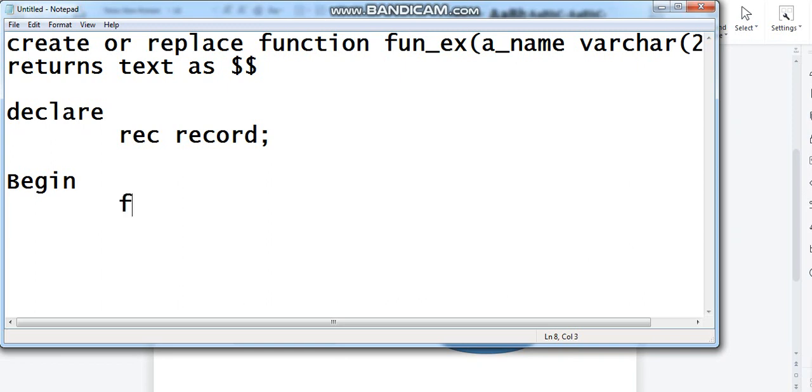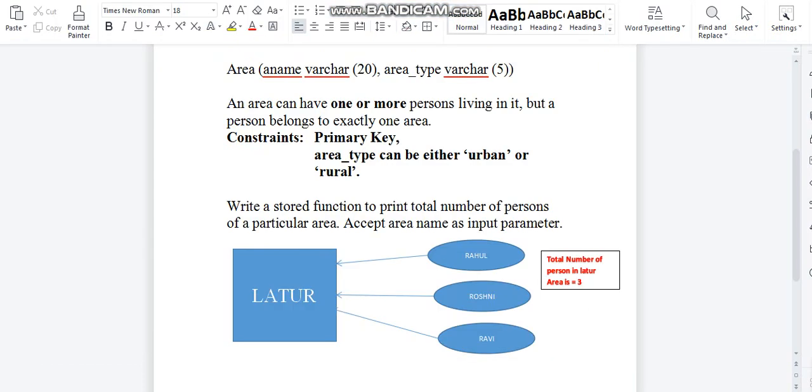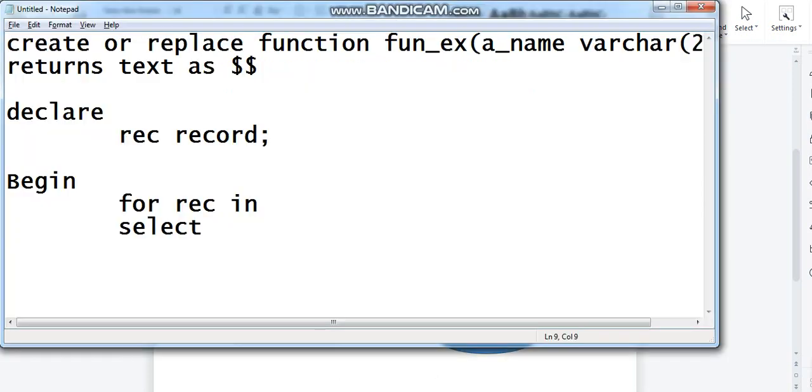Basically, we write a for loop, looping through a query. For rec in, the simplest way I am teaching you here. After this we have to write the query. What is our query? Select. What do we need to select? We need to print the total number of persons of a particular area. So I write select count,